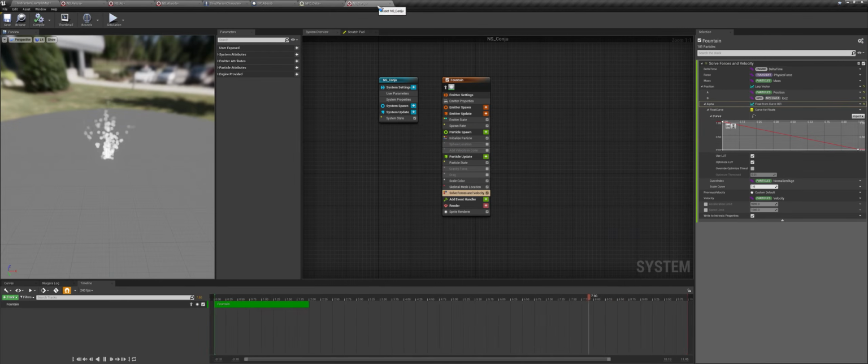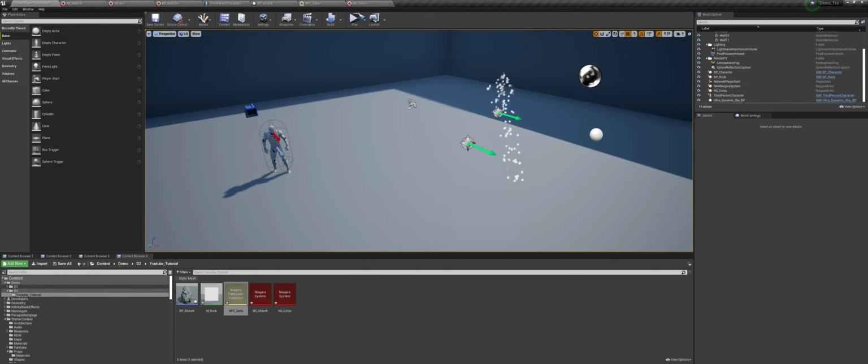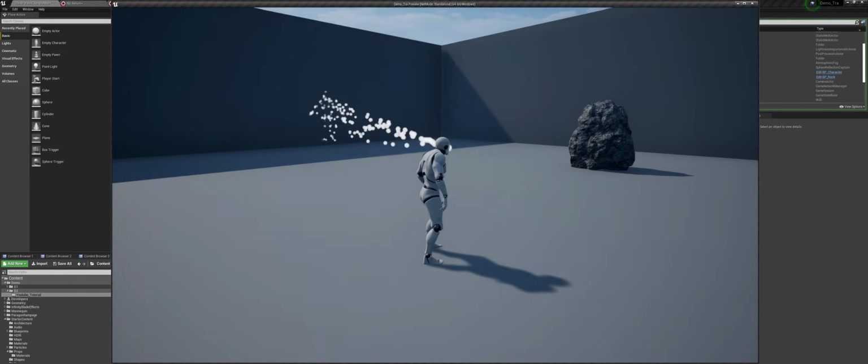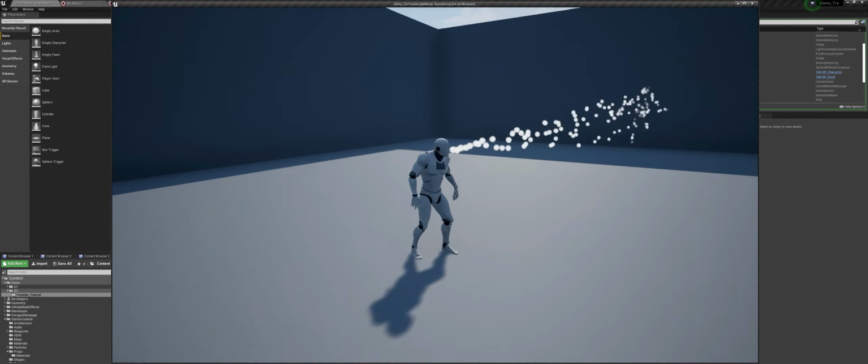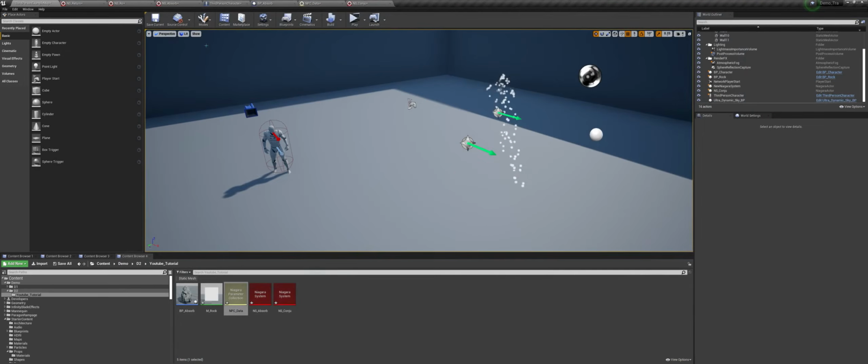So in order to make that appear, we can set this 0 value to like 0.5 in the time. So now you can see that it is actually forming the skeleton.